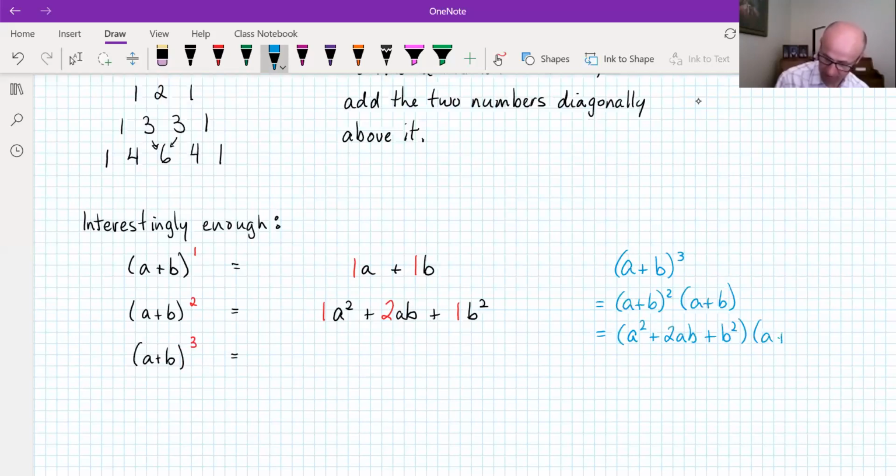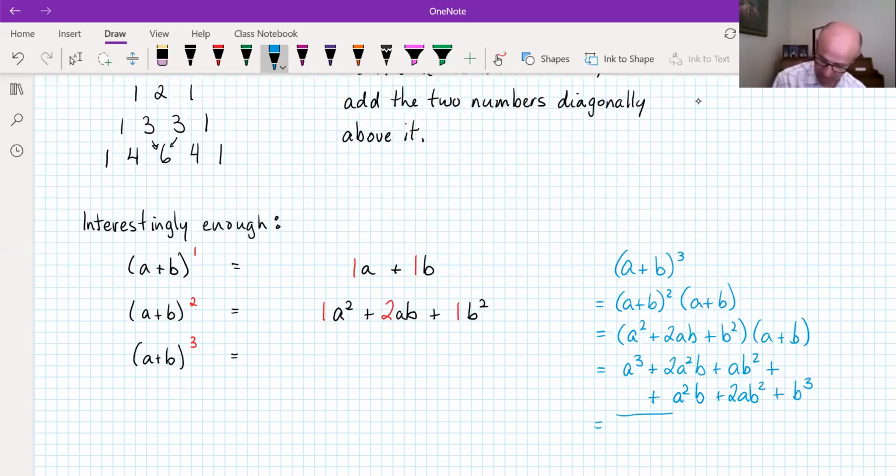And when I multiply that by an a plus b, everything in the first trinomial gets multiplied by the a. And then everything in the first trinomial gets multiplied by the b. Plus 2ab times b is 2ab squared. And b squared times b is b cubed,